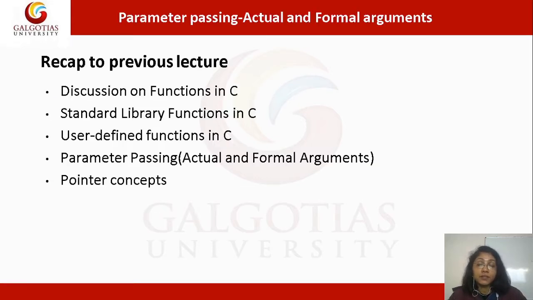In the previous class, as you know, we had studied about the functions. We have studied about the system-defined functions. We have studied about user-defined functions, how a user-defined function can be created, what is calling statement, what is function prototype, what is function body, how parameters are passed among the functions, real parameter. And also we have studied about